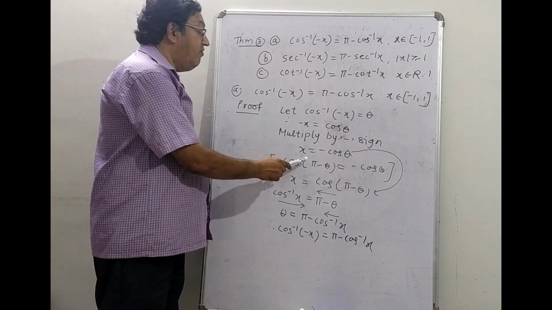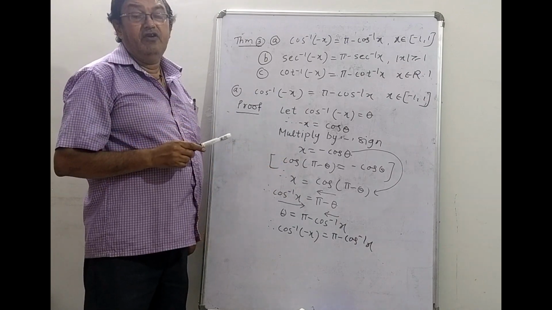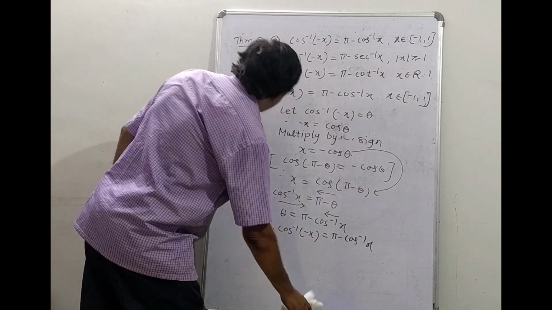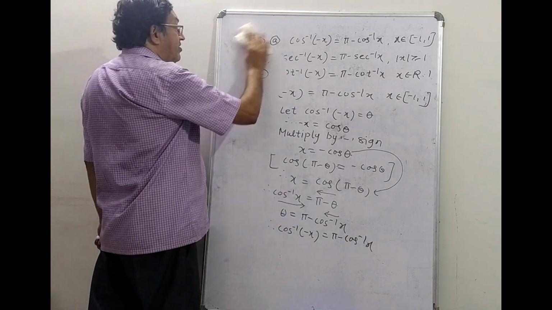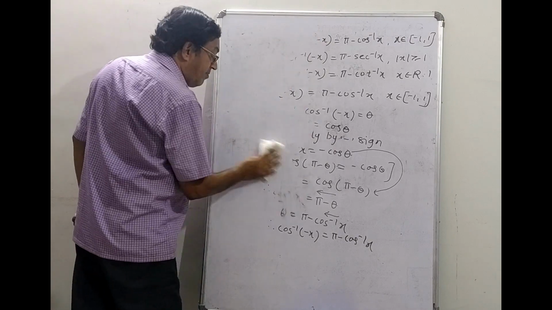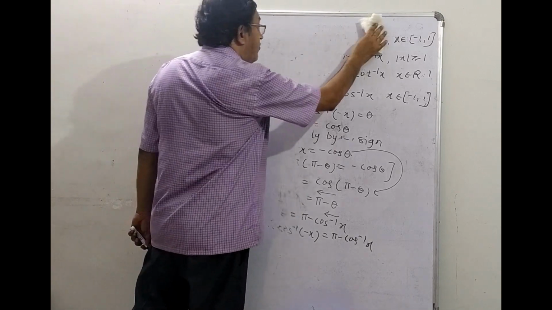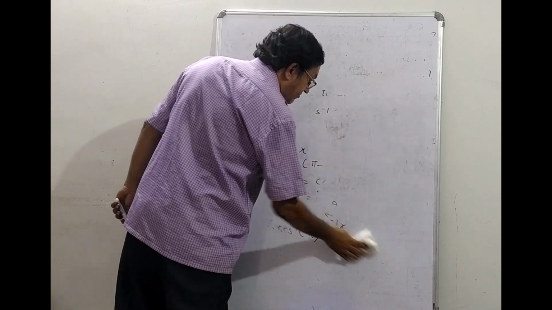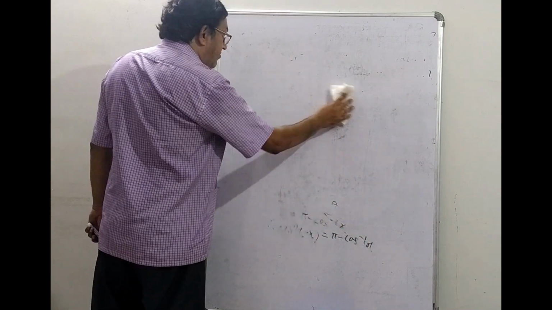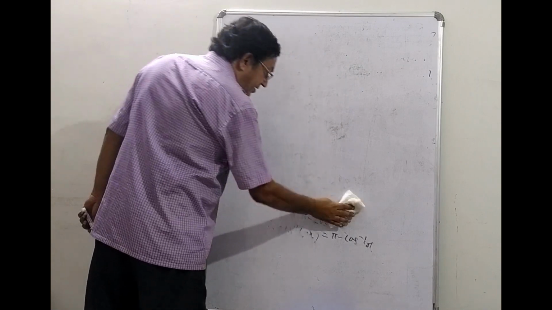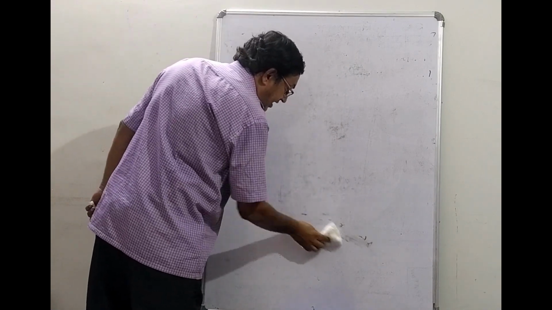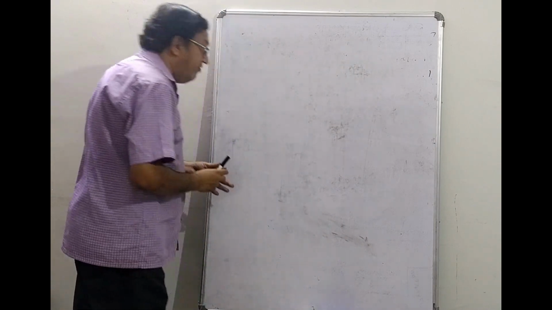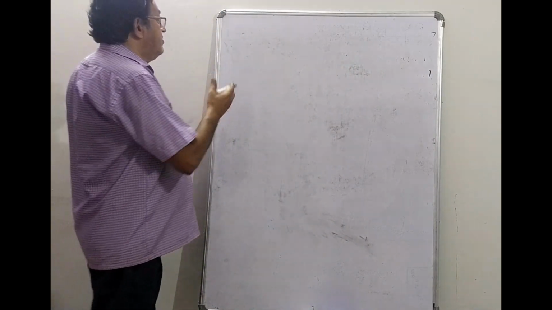So if you follow one part, the other two parts you can prove on the same basis. So we'll come to the next theorem, that is theorem number 4. Again in theorem number 4, there will be three parts. It's a very important theorem. A number of times, one of the parts of theorem number 4 has come in the exam for 2 marks.